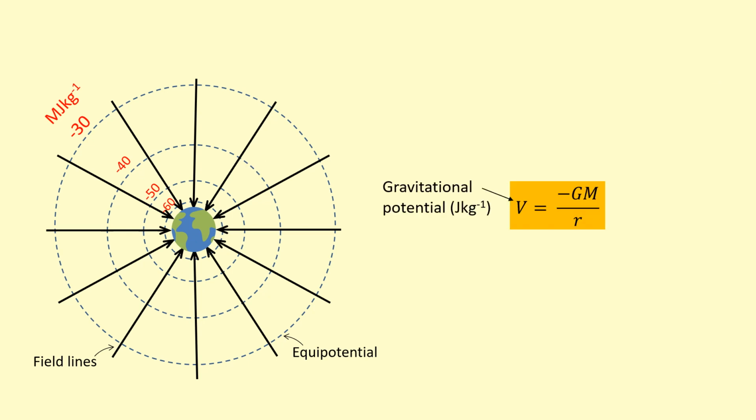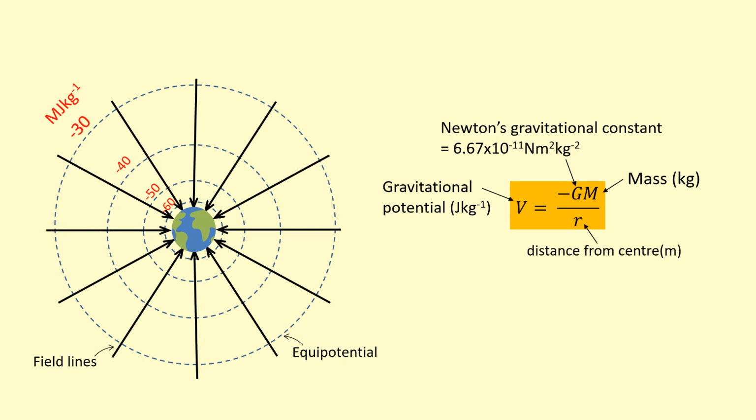You can find that using this equation here, where V is the gravitational potential measured in joules per kilogram. We've got minus the gravitational constant here, which is 6.67 times 10 to the power minus 11. And then capital M here stands for the mass of the planet or star or whatever is in the center there. And r is the distance from the center to a point at which you're trying to find the gravitational